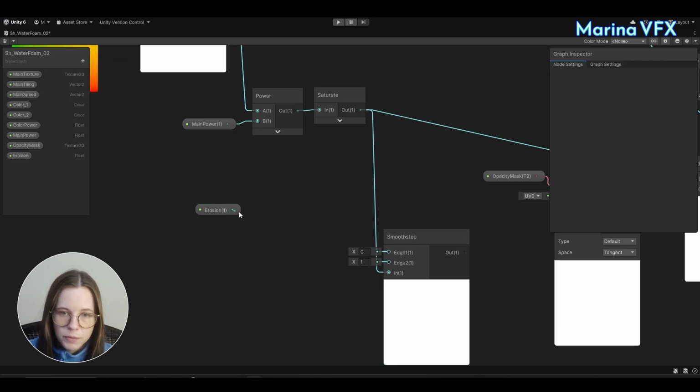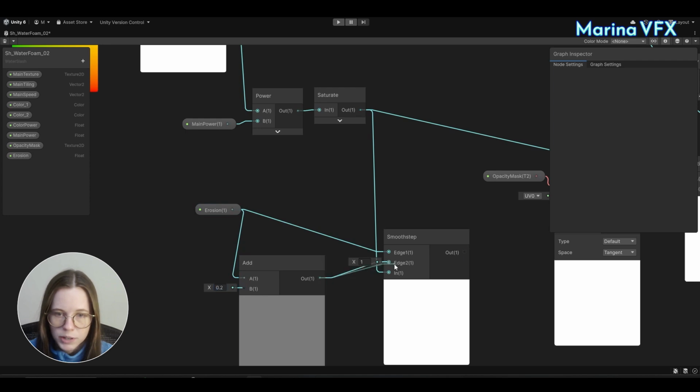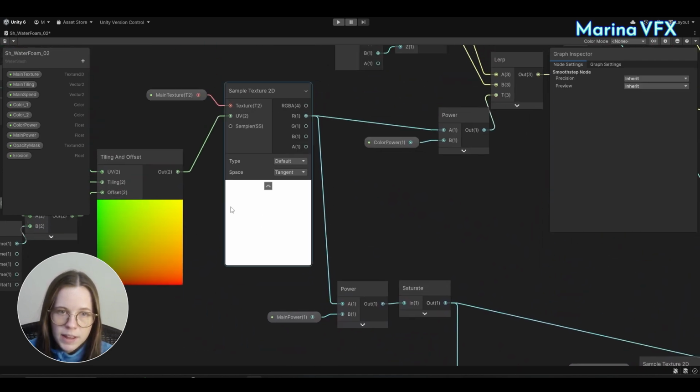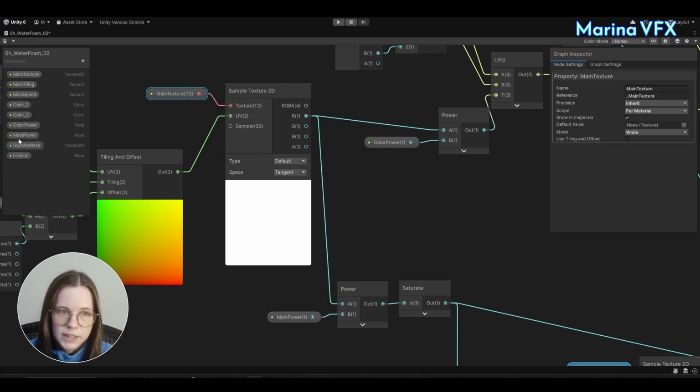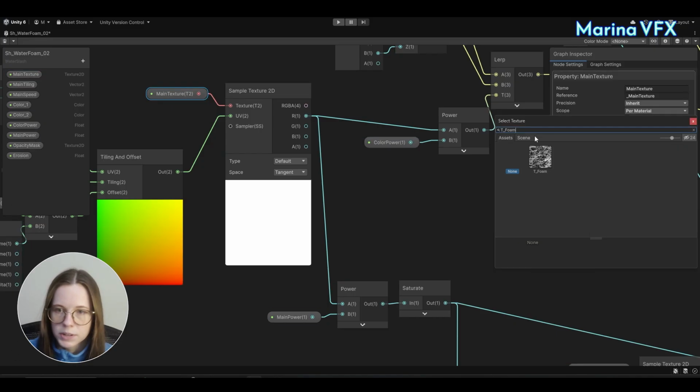For the first value I want 0, and for the second value I want 0 plus 0.2. And if I assign the texture here, just to preview what I have,